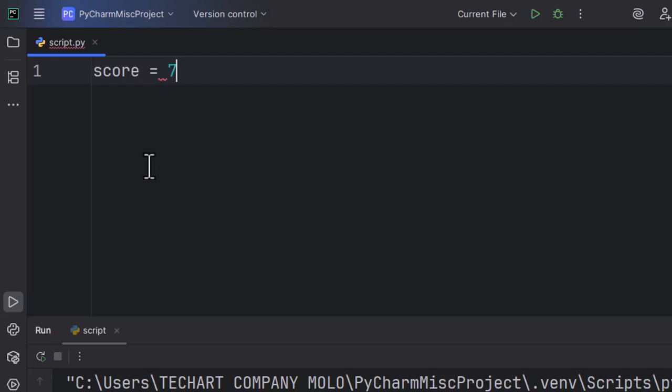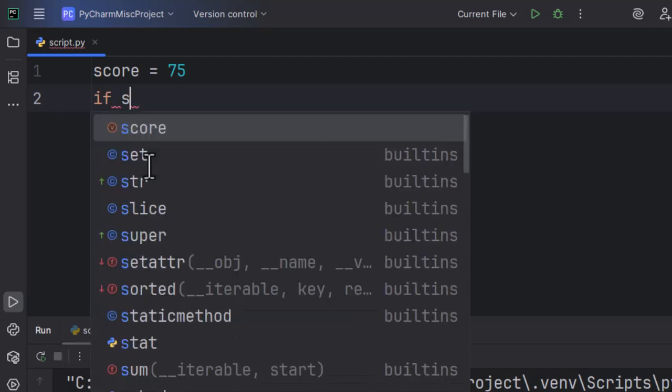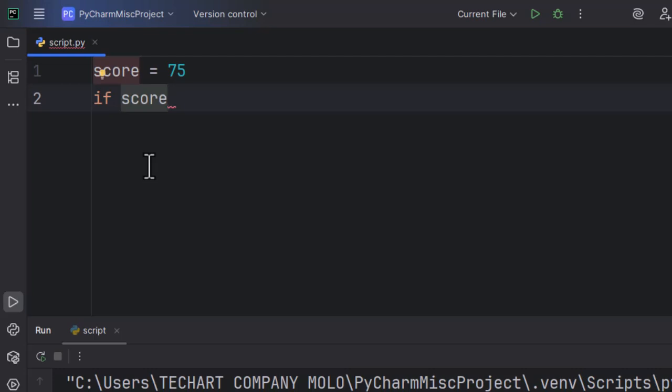Now I can use an if statement here. If score is greater or equal, that's what that means, if the score is greater or equal to, let's say, 90,